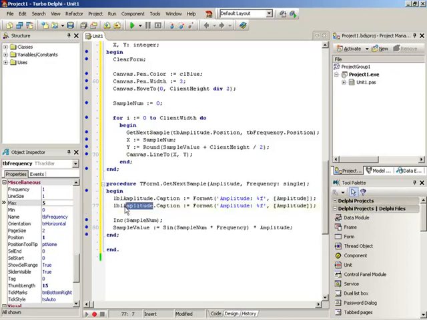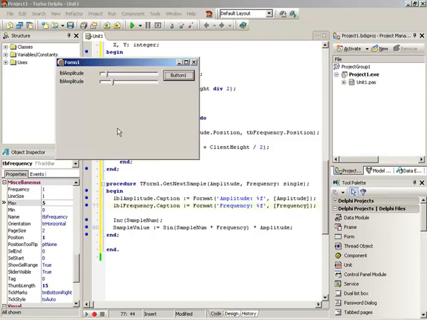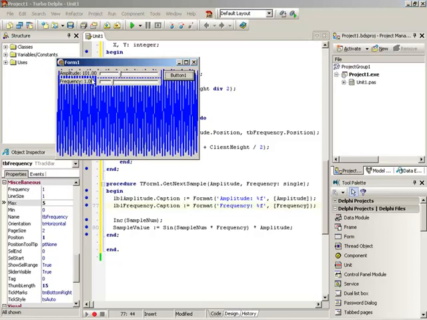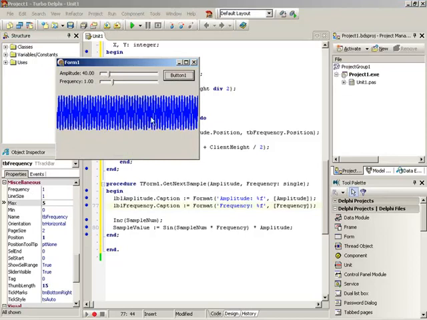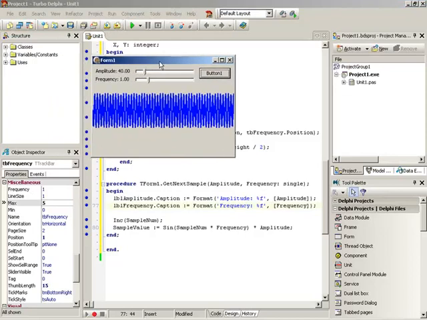And then the same for frequency. So LBL frequency, and it says frequency is equal to the given frequency. So now when these are changed, we have... We haven't regenerated yet. So we regenerate amplitude 20, gives us this amplitude. Yeah, so now it's time to get rid of that button so those things, we start getting some automatic work